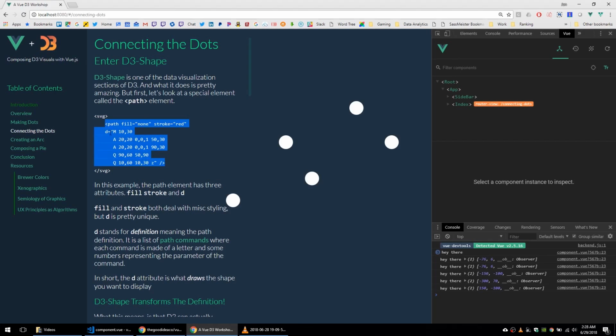A path element is a shape. That's all it is. Every shape is a path. With the path element, you can do positioning. There's fill, there's stroke. Fill and stroke both deal with miscellaneous styling. You can make them look any way that you want. But the D